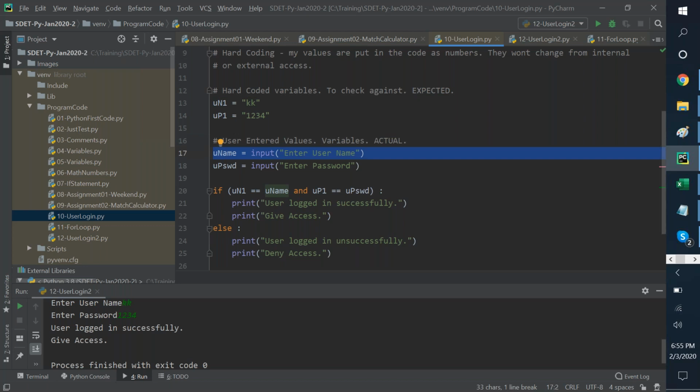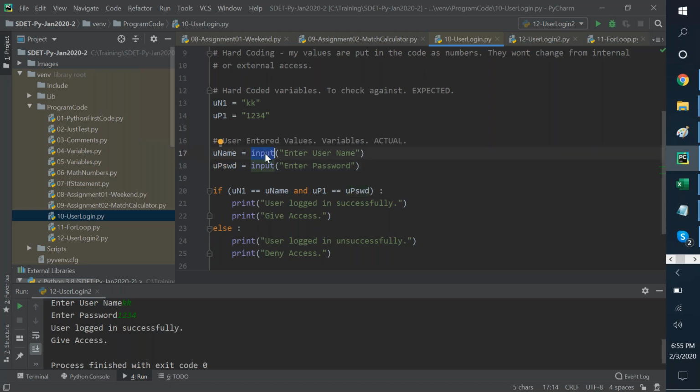How am I getting this uname and upassword? Again, this will come as strings. So these two are strings. Are these two also strings then? Are these strings or not, team? Yes, because anything that we enter as a user using the input command comes as a string by default.